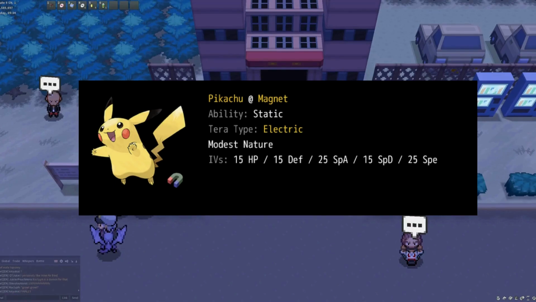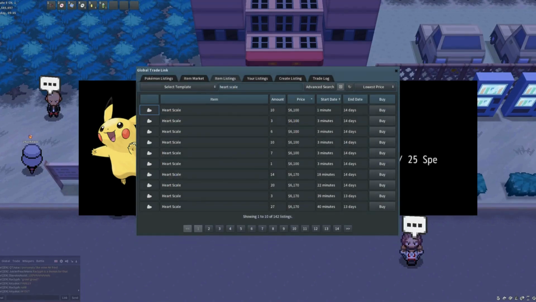Firstly, we need its primary stab horde clearing move, which is Discharge. Pikachu can learn Discharge at level 32, and if you buy one past that level that doesn't know the move, no worries. You can go to any Pokemon Center in a region that you've cleared and talk to the move relearner to have it relearn Discharge. That will take 3 hard scales, which will be around 19k total from the GTL at the time of this